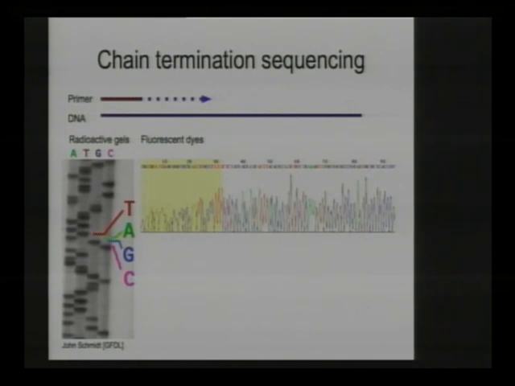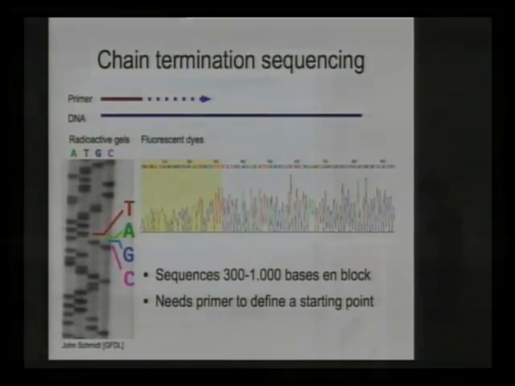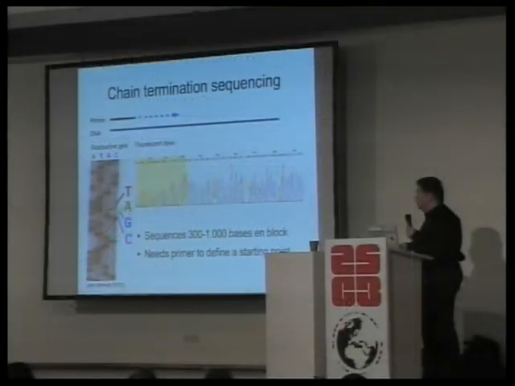Looks like you get these 4 overlaid curves in 4 different colors, and the peaks all mean it's one more base there. And this looks all pretty, but soon these peaks will start to degrade and they will all bleed into each other, and then you have to stop with this sequencing because you can't tell the bases apart anymore. In practice, you get something between 300 and 1,000 bases per run, as we say, per experiment. And we need a primer to start with.